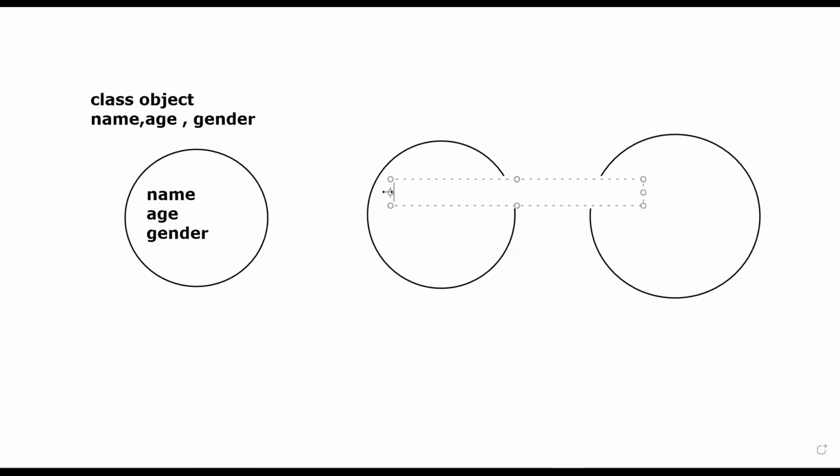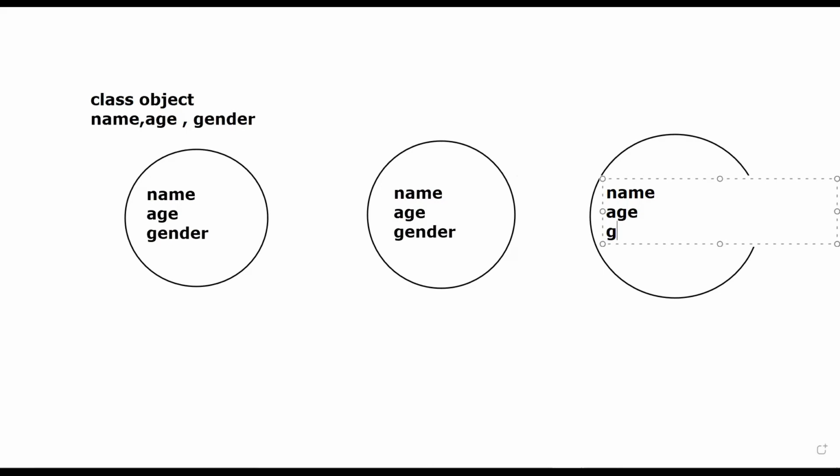Then the second memory area will also copy these global variables, name, age, gender. Again, in this, I will have name, age, gender. So when you create an object, you create different memory areas with the same attributes in it. So I have created 3 different memory areas with the base attributes defined in my class. But the good thing about these memory areas is you can give different values to them.